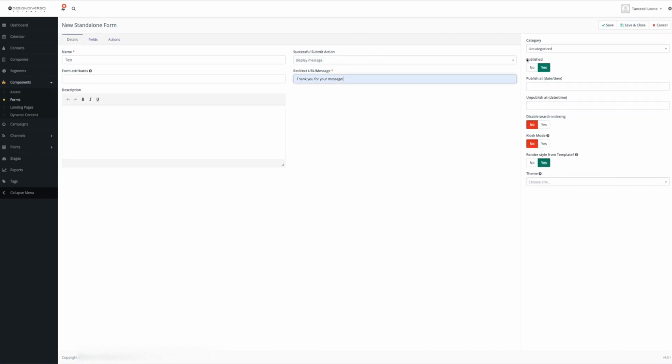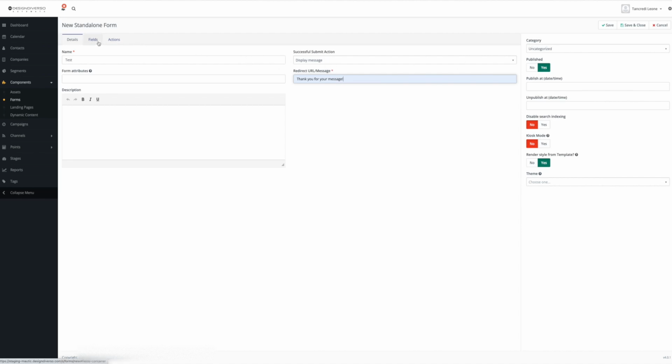here the only crucial toggle that you need to make sure is enabled is the publish one. Otherwise your form is not going to be live. And skip everything else for now. Here you have, of course, the options to have a certain category of items attached to the form. But